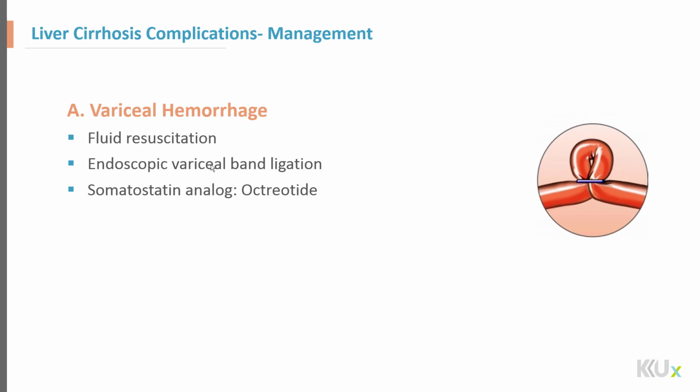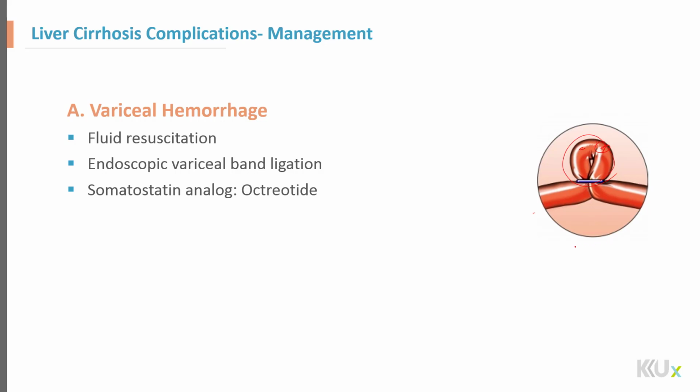And then endoscopic variceal band ligation. Band ligation like this image. If we have here any damage, we make band ligation to avoid this bleeding from this side and stop the bleeding till further management. The other treatment that can help is a somatostatin analog like octreotide, and octreotide can make some